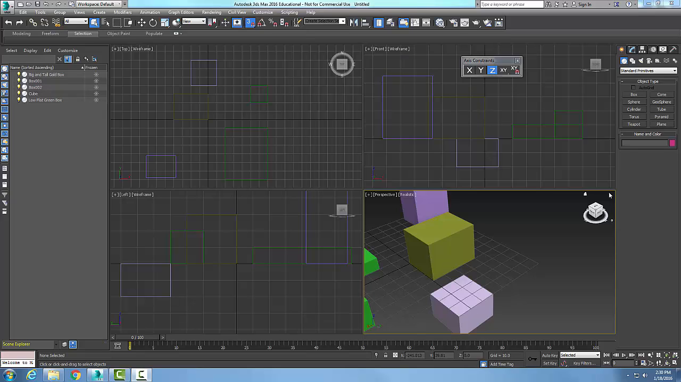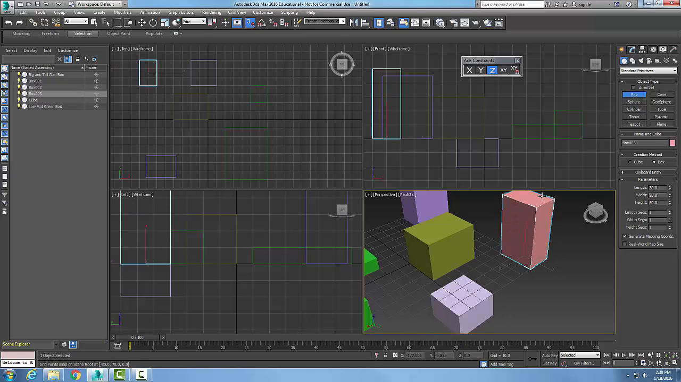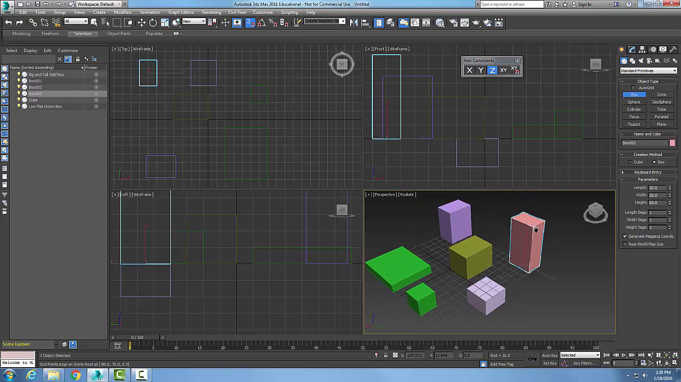Box standard primitive, parameters rollout. So let's create a standard box. I'll go down, pick a box, and I'm just going to create, let's go there, and let's go really tall. All right. And you can see over here in the parameters, the first set of parameters we have is the